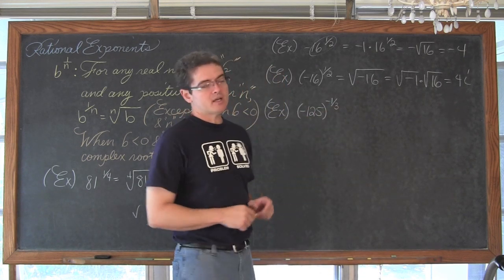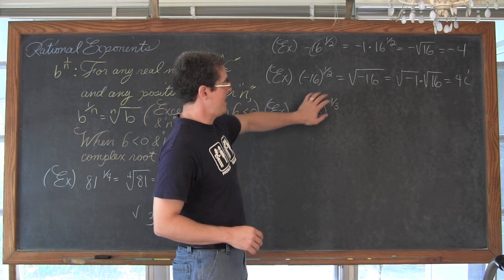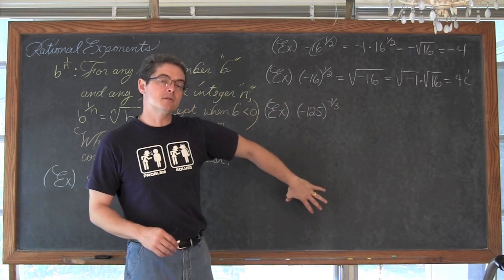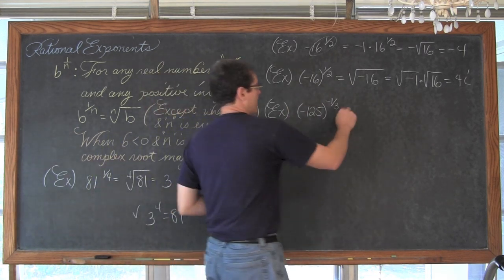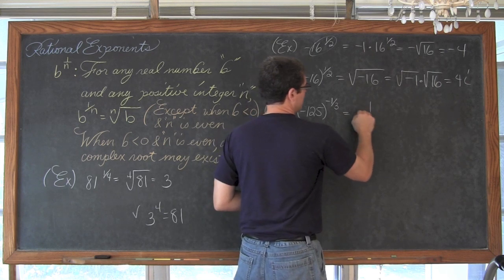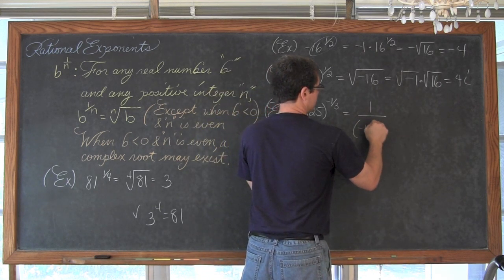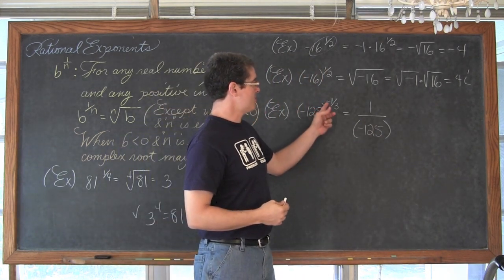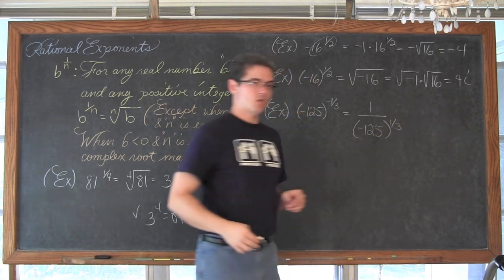If you have a negative exponent and you want to get rid of it, you take the base that has that negative exponent and move it. Whether it's in the numerator, like here, we're going to move it into the denominator, or if it was in the denominator, you move it up to the numerator. We have, therefore, 1 over negative 125. We're not getting rid of the negative that's in front of the base, but we are going to be able to take that negative 1/3 and write it now as positive 1/3.